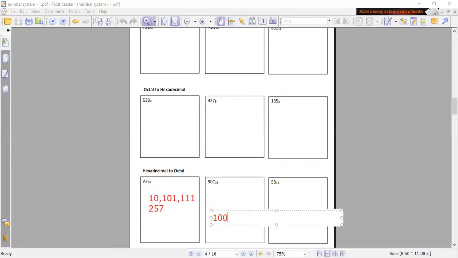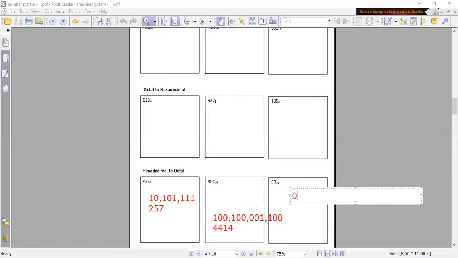I'm writing the binary. Each value you have to represent with 4 binary digits. Then separate each 3. So your answer will be 4414. We'll go to the next one,